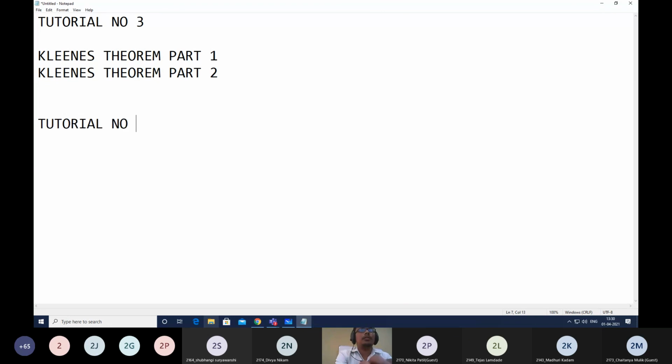Tutorial number 4. From the booklet, take down the question numbers. Question number 35. The question is: explain different types of grammar with suitable examples. So I have taught you: 4 types, all rules for alpha and beta and their examples. Then question number 36, that is also taught to you. Question number 37. Then question number 40. All this I have taught you.